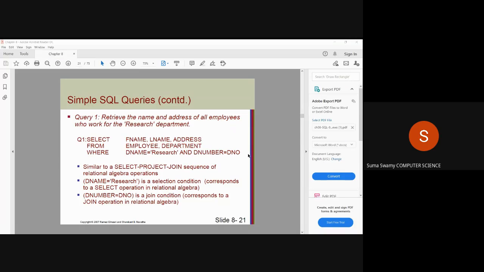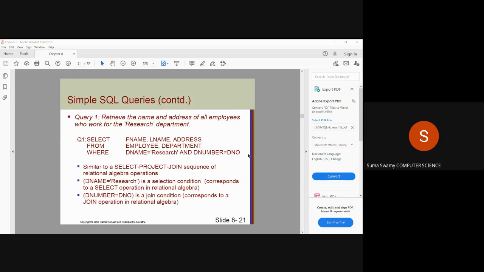Another one is the department table for the research department name. So we write 2 table names, that is, from employee, comma, department. You can use more than 2 tables also if something is required in case of retrieval. Here in this case, we require only two tables, employee and department. So we are writing from employee comma department.